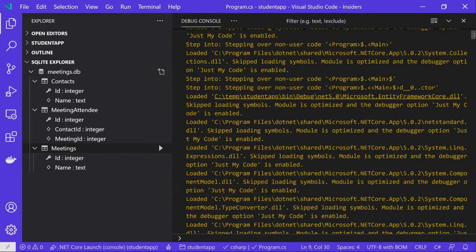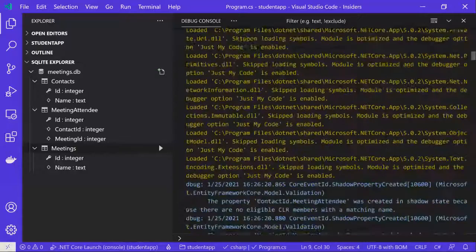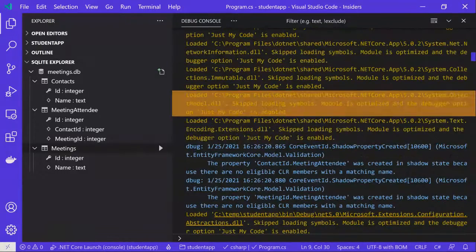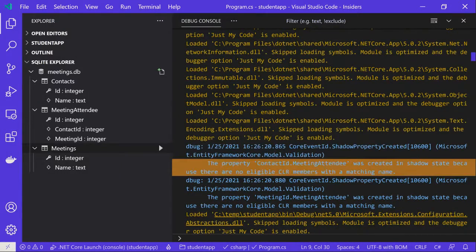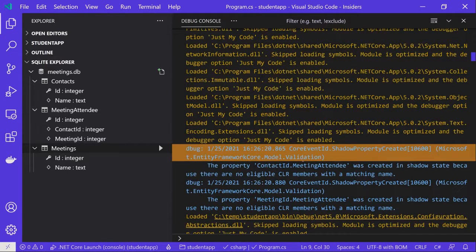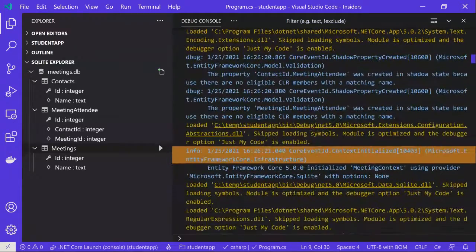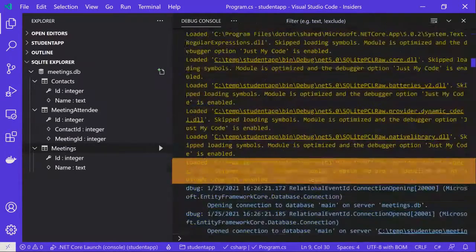And now as we scroll down through the code, we're going to see a lot of information. So we've got contact was made in a shadow state. So remember when I defined my DbContext, I didn't explicitly put the meeting attendee. I said Entity Framework would figure it out. So this is saying, hey, we figured it out. We created it, but you didn't explicitly ask for it. As we come down, it's initialized the context. But more